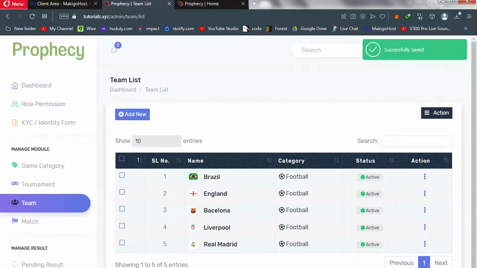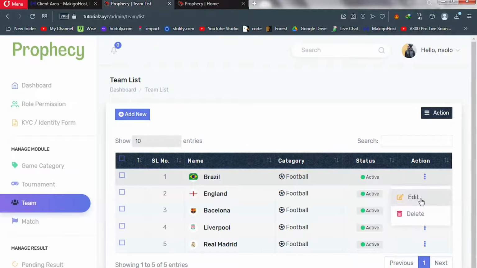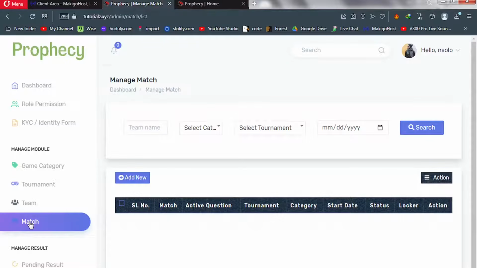We are done setting up our teams. You can edit the team, you can delete it. Okay, and that's the action column. All right, next up we need to create matches. So click on match, to create your matches, click on top here, add new,